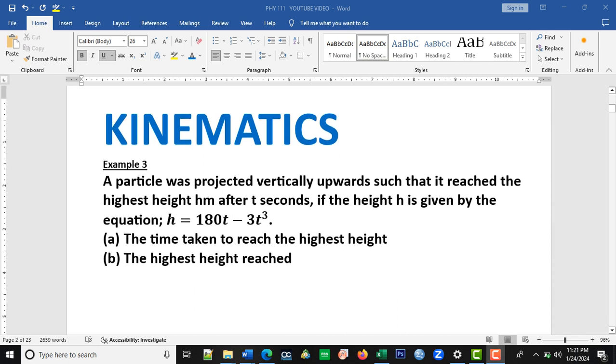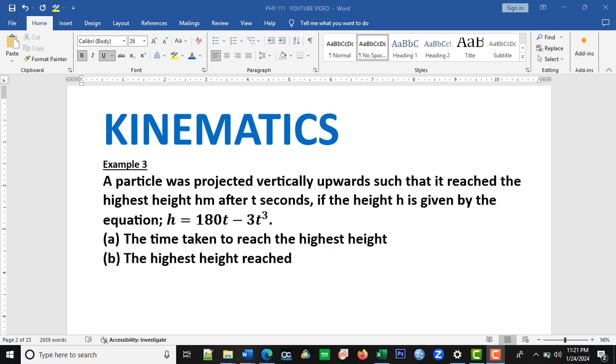Welcome viewers. Today we shall be looking at the third example on kinematics, and it says that a particle was projected vertically upwards such that it reached the highest height h meters after t seconds. If the height h is given by the equation h equals 180t minus 3t cubed,